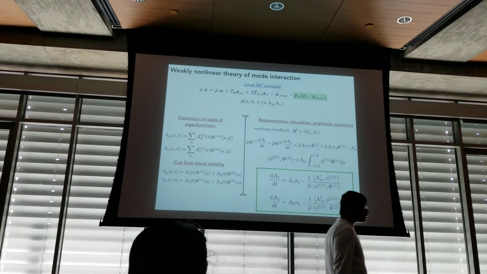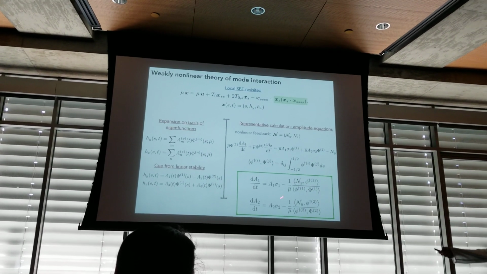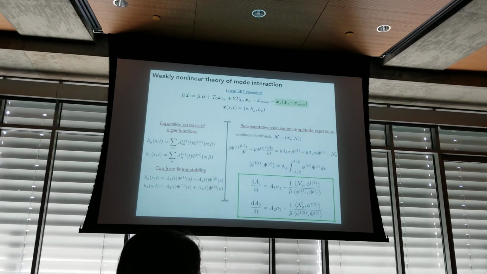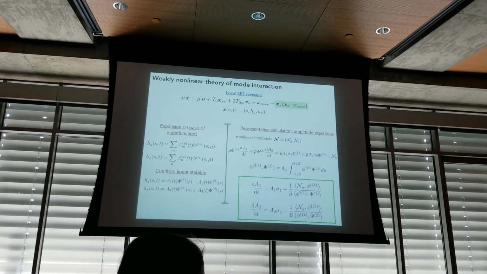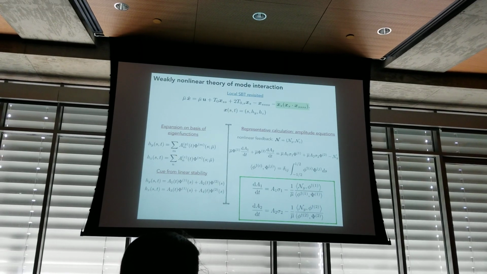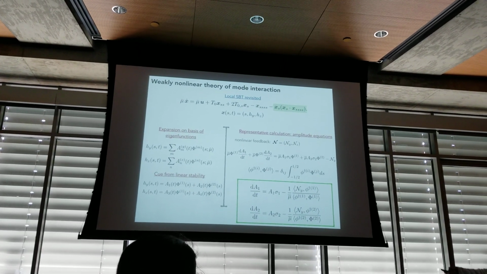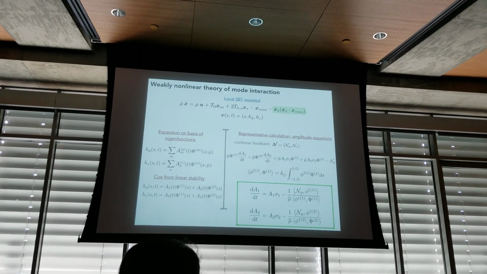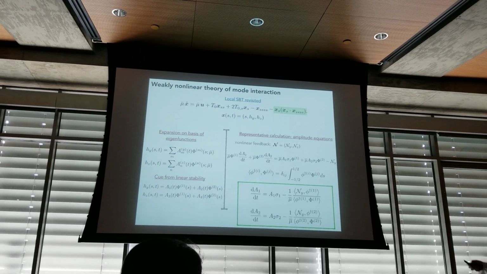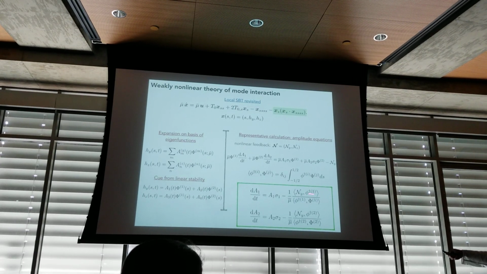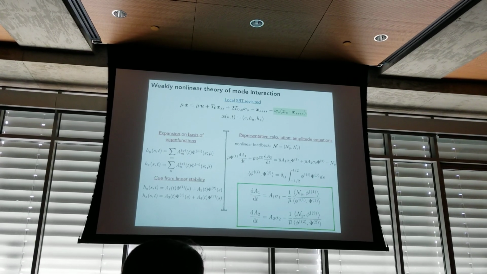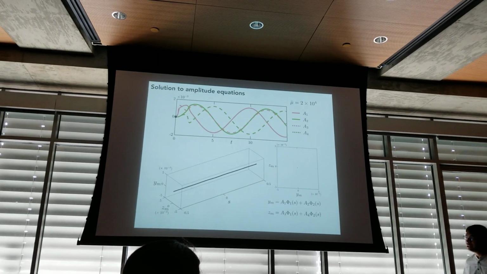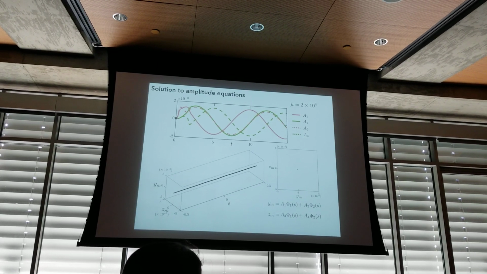Now if you take a look at these ODEs, the first term is dA1/dt equals A1 sigma1, and this simply means that the amplitude A1 grows exponentially fast with the growth rate of sigma1, and that's purely the statement of linear stability. What the nonlinear terms do is that they couple these unstable modes or the adjacent modes and allow them to talk with each other. So this is a minimal representation of post-buckling nonlinear feedback that couples these modes. Now what we can do is that instead of solving these complicated PDEs, we can just solve these ODEs, and that's what I do over here.